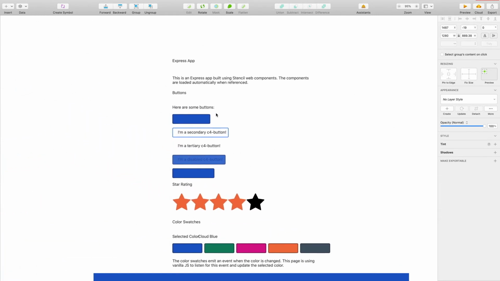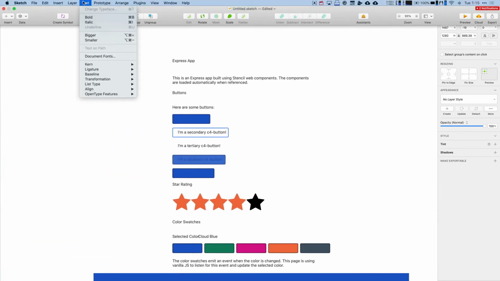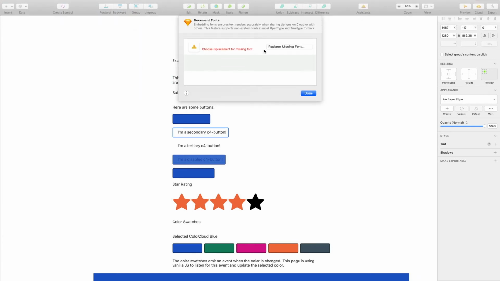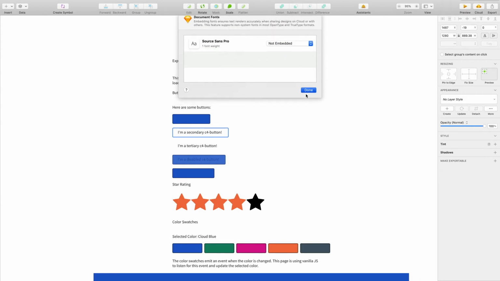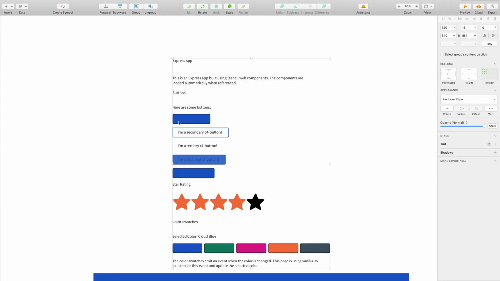It doesn't look exactly the way that we expect. As a matter of fact, I think part of the problem is that the fonts are wrong. So let's actually replace it with Source Sans Pro, which is our typeface. And we'll replace it and we'll be done. And then things are looking a little bit better.